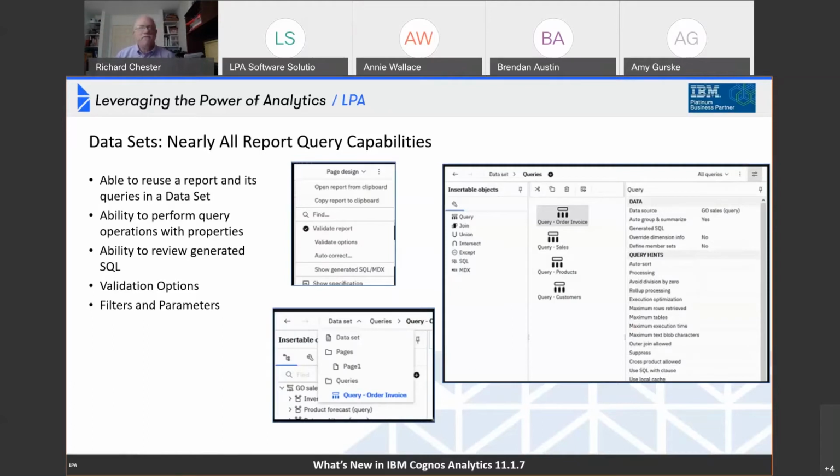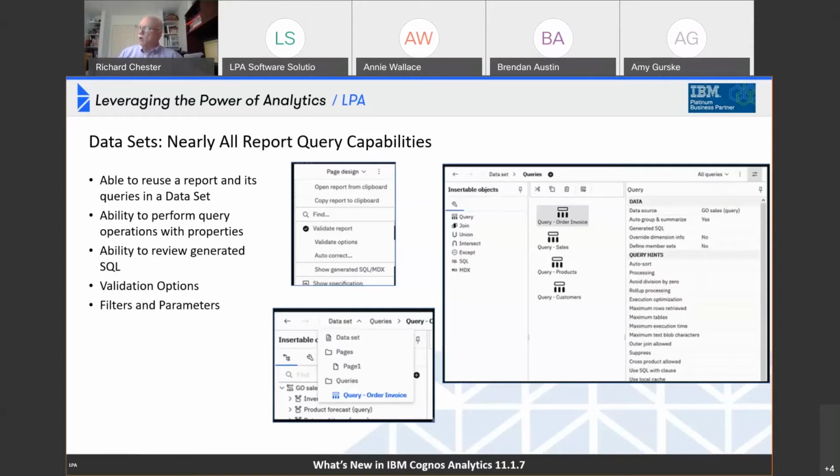So for a real fast dashboard, a data set to bring in the data, and by the way, you can schedule a data set to update every 20 minutes. So you could bring in new data every 20 minutes, which gives you kind of a quasi real-time look at your data, but still be reading a local table in your dashboards, so they're very snappy when they display. So just a couple of the reasons why I think data sets are one of the most important features in